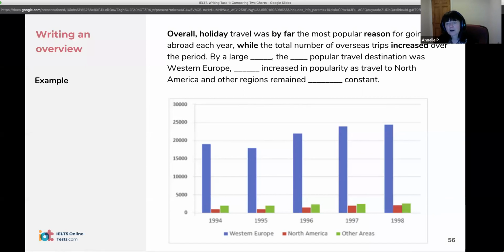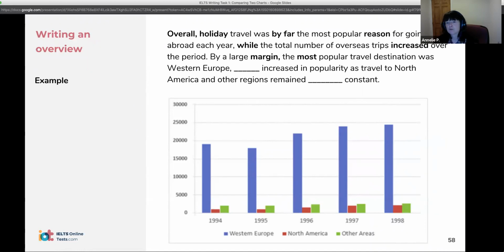You're quite close, but this is a little bit of a tricky one. It's actually by a large margin, which is a very nice expression to use, and definitely there in the less common vocabulary, which is what gets you your 7 in the lexical resource for task 1. So, by a large margin,